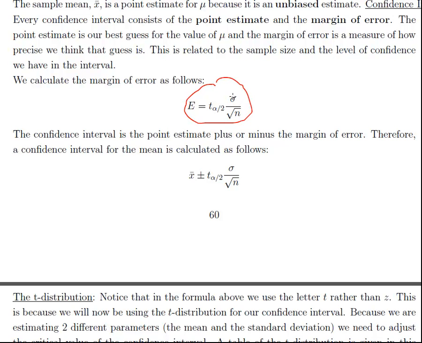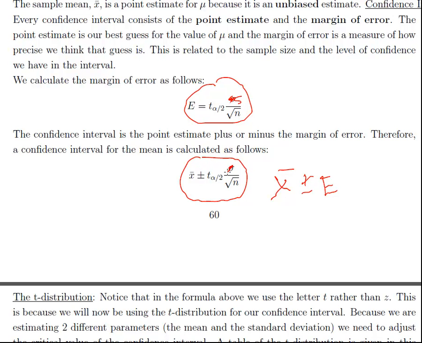This is actually a mistake. That should be the letter S. So go ahead and fix that on your notes. And now we're using values from the t-distribution, and I'll show you that in a second. And then we're also going to be calculating a confidence interval, which is x bar plus or minus the margin of error. Same thing as up here. So this is really just x bar plus or minus the margin of error.